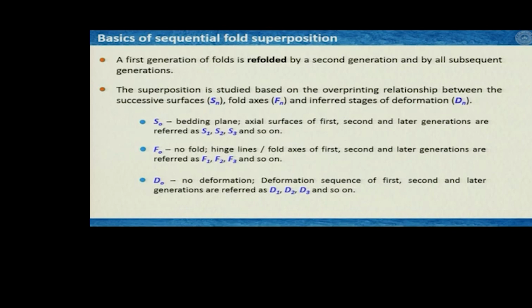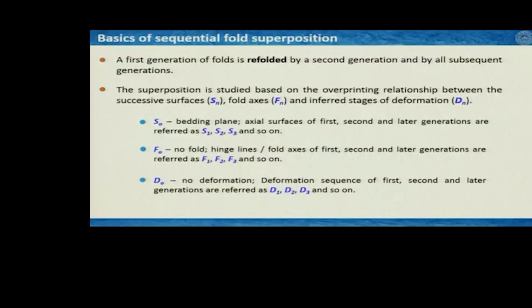Now, you can imagine the fact that the features, particularly the fold axis and axial plane, which are developing in the first generation of folds, can get modified in the second generation of fold. At the same time, the second generation of fold can also produce a different fold axis and different axial planes, and so on. So it is important in the field that we identify which one is what and also correlate